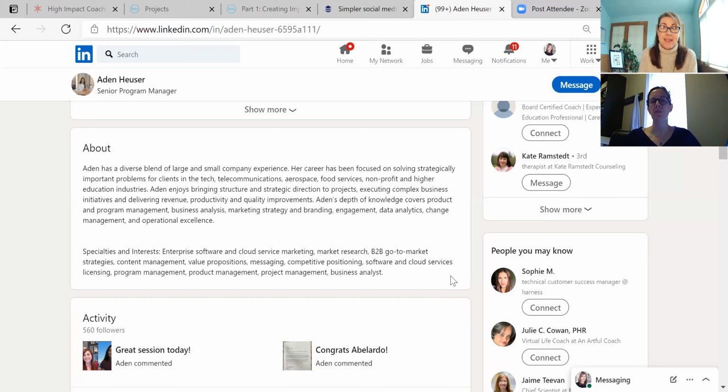And do you find the about section is where most people will spend the majority of their time? It depends. If it's a recruiter, they may read your about section. They probably would spend more of their time on the experience, potentially. But the about section is the only section on your LinkedIn where you have the ability to let